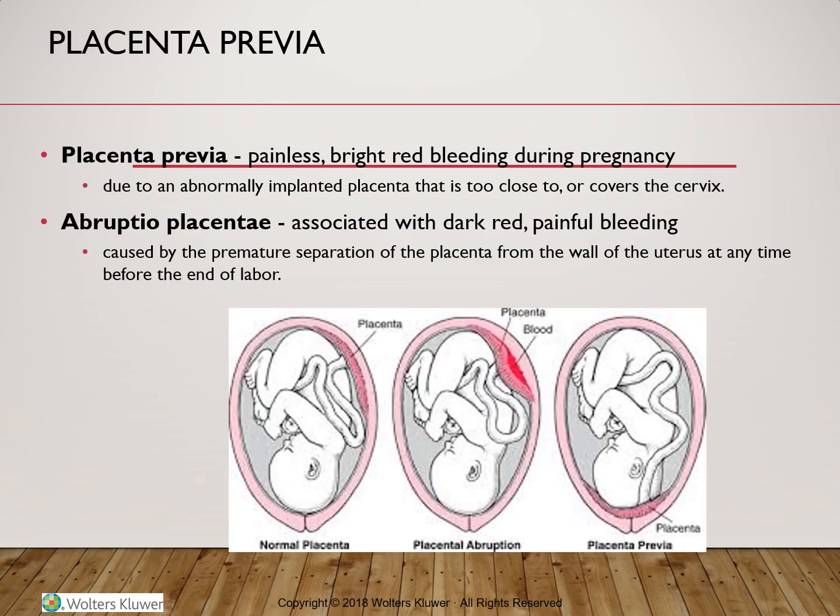Placenta previa is a condition in which the implantation of the placenta is very close to or even covers the cervical os, the opening of the cervix. Normally, the placenta will implant in the upper uterine segment. You see in the picture on the left side the normal one, and on the right side the abnormal one. As the pregnancy progresses, the blood vessels in the part of the placenta that covers the cervix may rupture and cause vaginal bleeding.